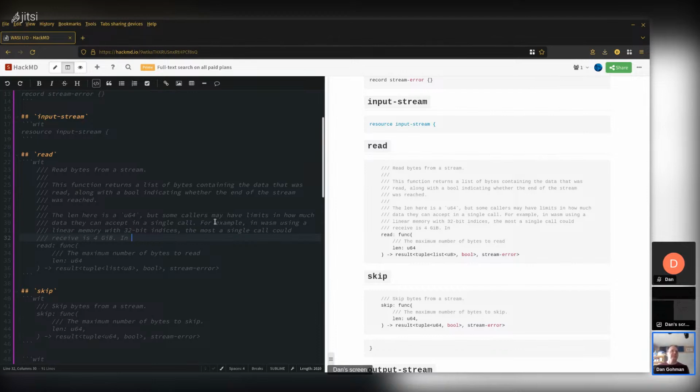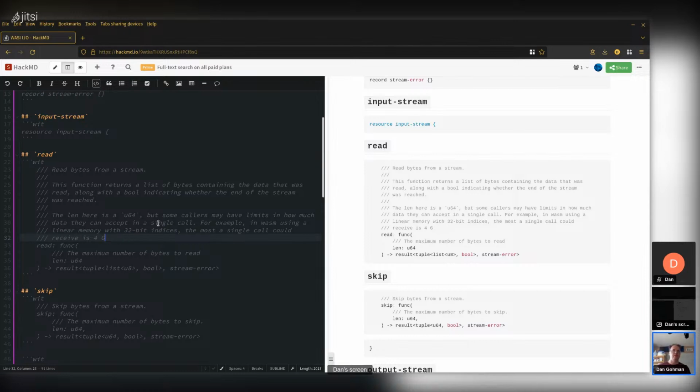Let's see. This is actually an interesting question of how we are going to communicate to the other side. This may be a bug, or at least something that we need to think more about in the component model, because the callee will know what the caller's limitations are, and so it may try to return more data than the caller can accept.